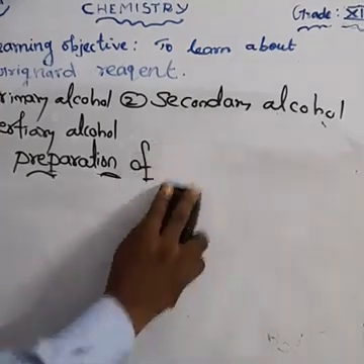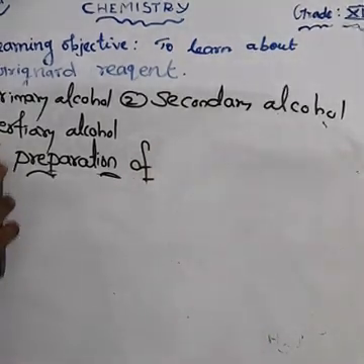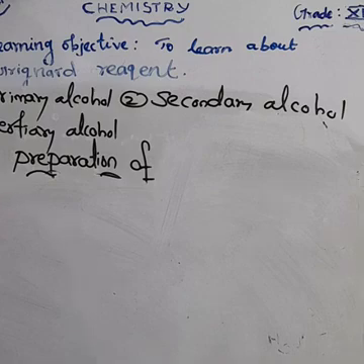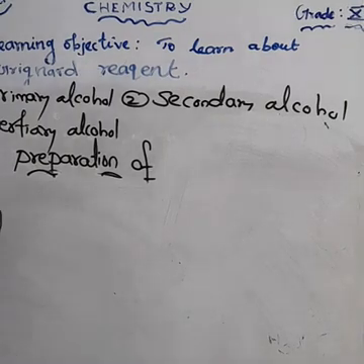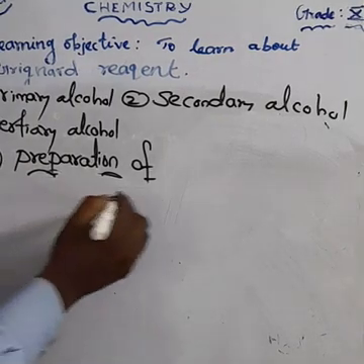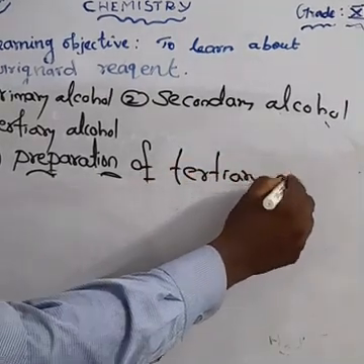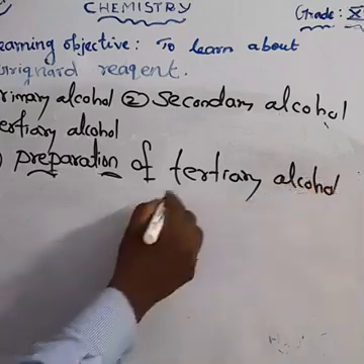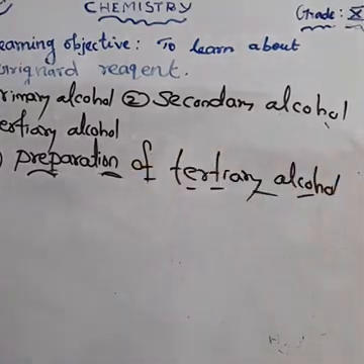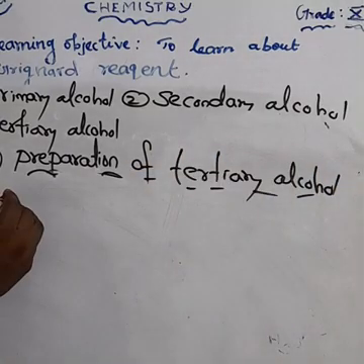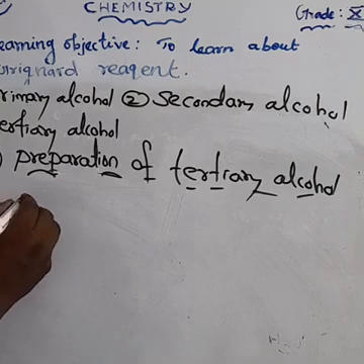The third one is a tertiary alcohol. Preparation of tertiary alcohol. Here we are taking the methyl magnesium iodide, that is